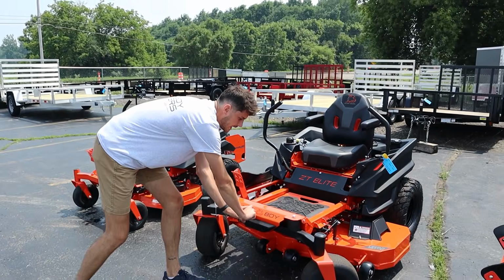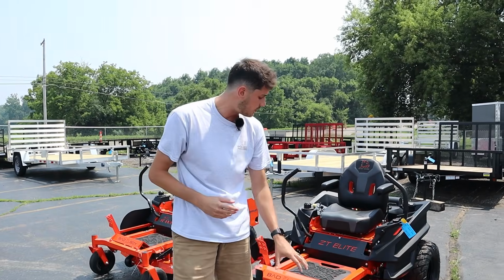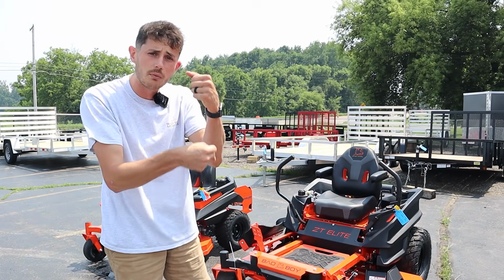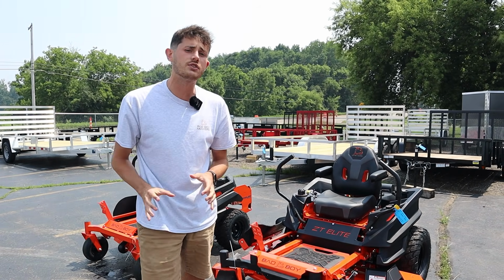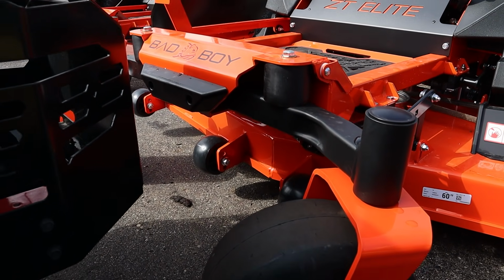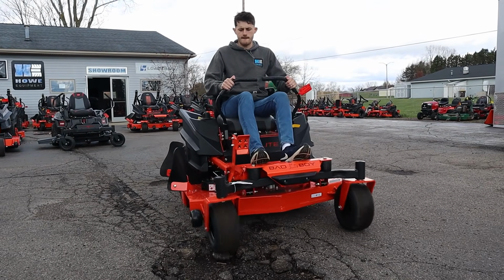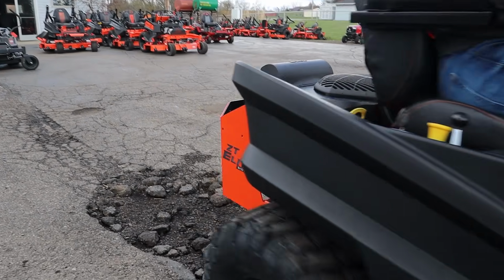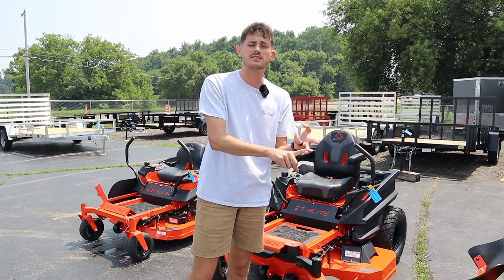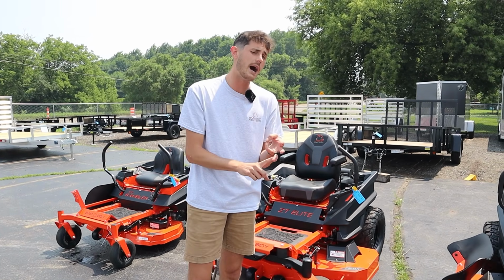These are two independent steel tubular arms that connect at a pivot point, and what those isolators do is they absorb that up and down bouncing on uneven terrain. So the fact that you're getting some frame suspension on an early residential machine is super unique in the industry. I know FERRIS is gonna give you some frame suspension. Steel that is also under that same line as FERRIS is gonna give you some frame suspension. Toro, you can get their My Ride, but